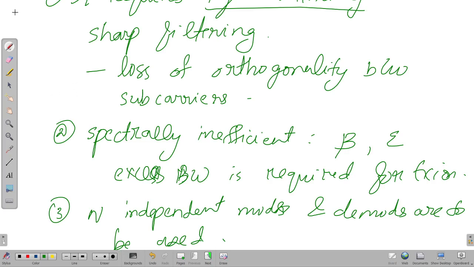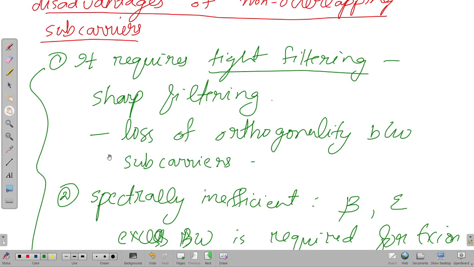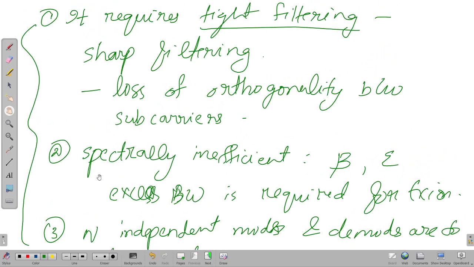So all these are disadvantages of multi-carrier transmission. Let us see how we can overcome these disadvantages, how we can design something which is spectrally efficient, some system which doesn't need tight filtering, a system which doesn't need n independent modulators and demodulators. All these lead to the formation of a technology called orthogonal frequency division multiplexing, which revolutionized the wireless